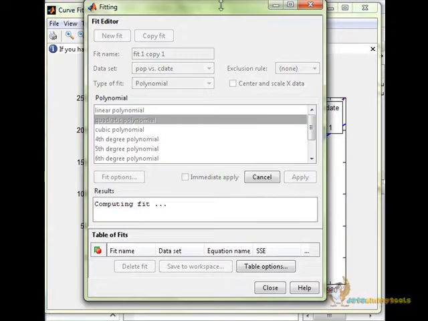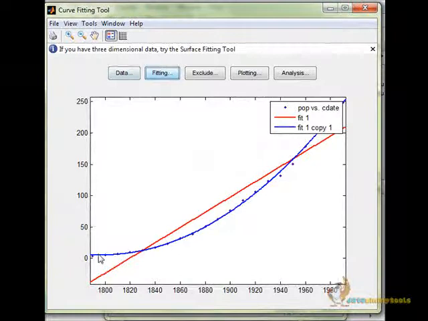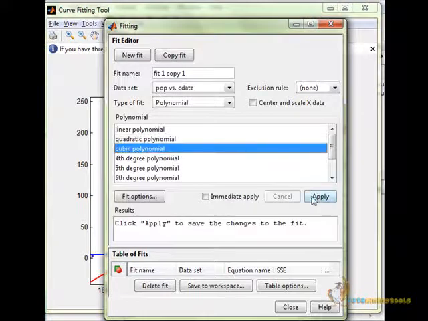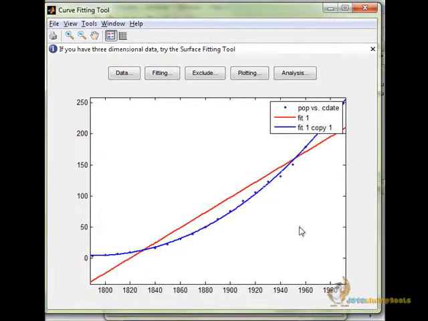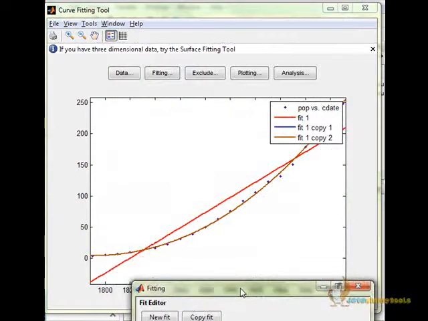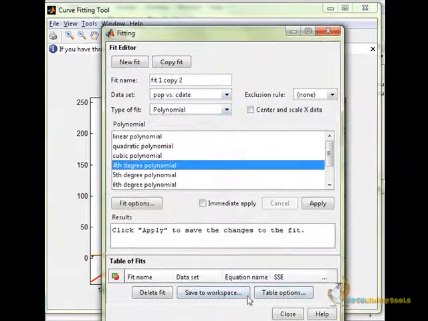Apply this. Here you see this is my quadratic polynomial fit. It is almost as good as my actual data points, but not completely. Let me try the cubic polynomial fit. Here goes the cubic polynomial fit. Now if I try the 4-degree polynomial fit,